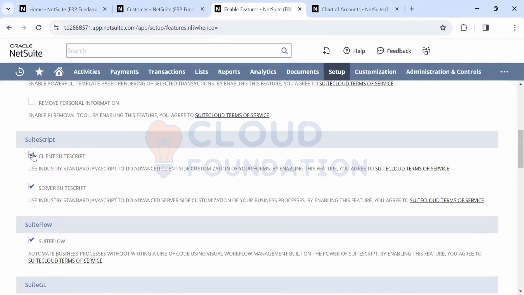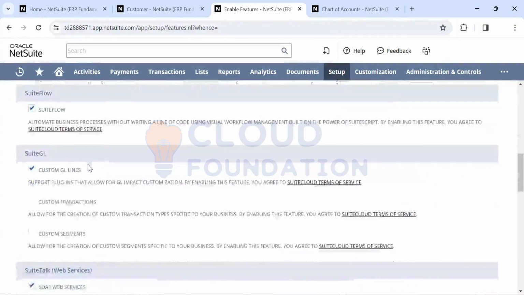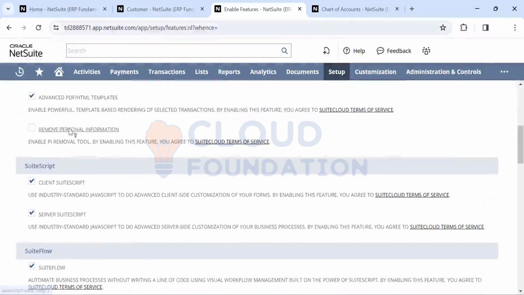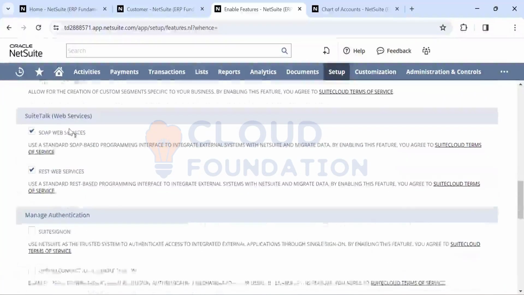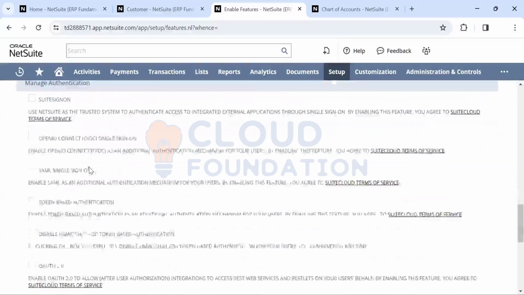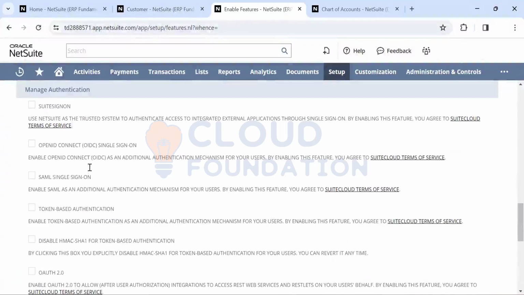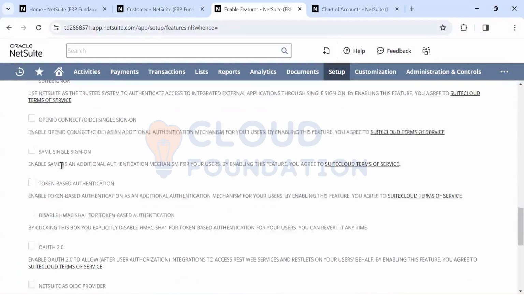Anyone who has to write client script, server script, which are used in the NetSuite implementation, we'll have to enable all these features here. Like SOAP web services, REST web services. Once we are doing any integration from any other third party system with NetSuite, then we have